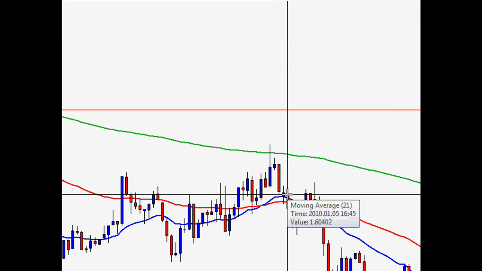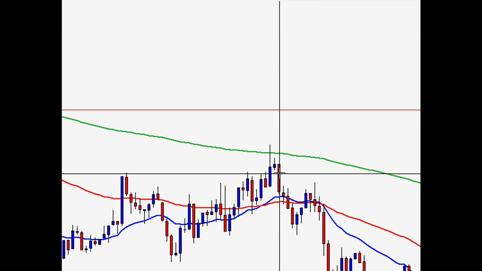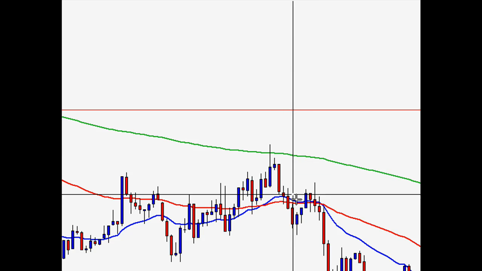An evening star setup is basically a bullish candle into a small bodied candle, which is this one right here. I'll get an arrow on that real quick. A small body candle followed by the next candle, which was very bearish. And the rules of an evening star